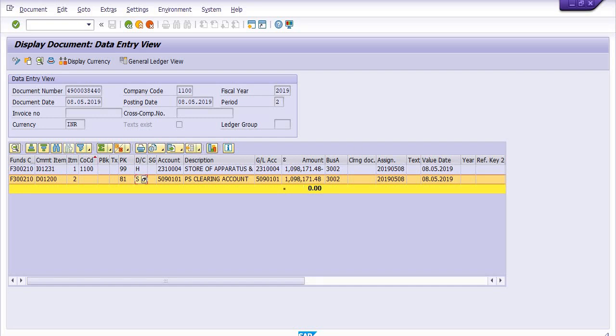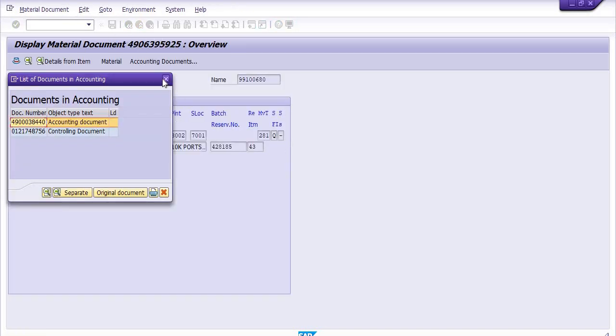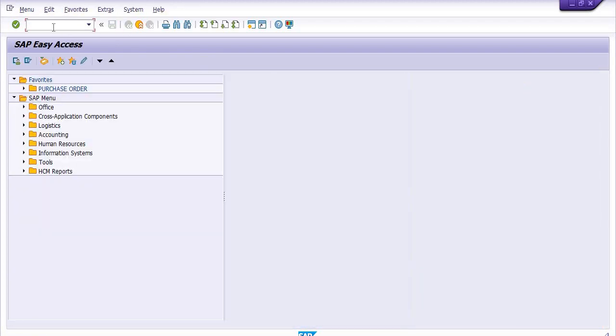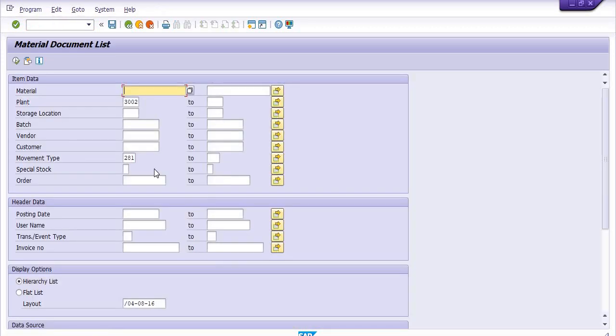One more thing I want to include: once we purchase any computer-type asset or any small-amount asset, we directly capitalize that asset, receiving it using movement type 101 from the vendor.